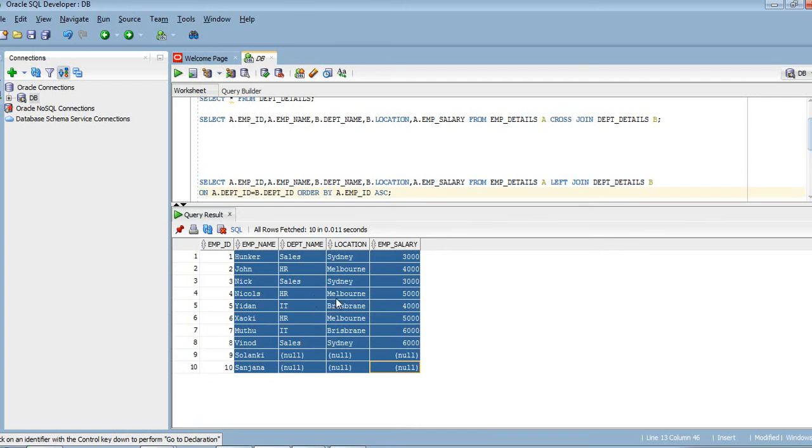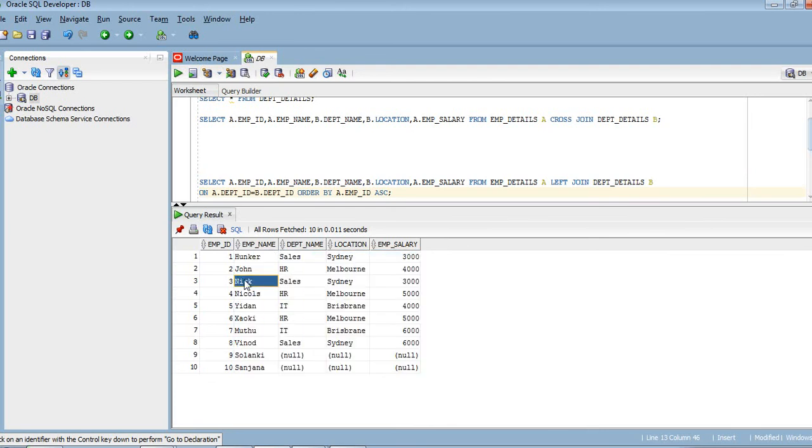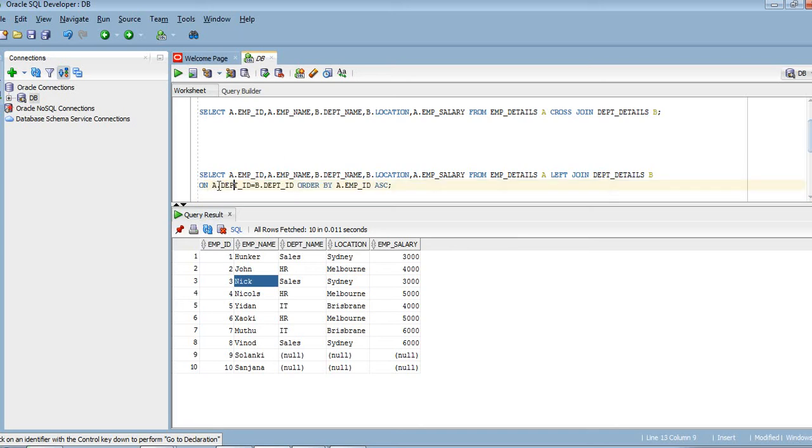So over here, the left join we are performing is based on an ON condition, that the department ID column we are matching between the two tables. Department ID is present in the EMP details as well as in the DEPT details table. This column we are matching from these two tables, and based on that joining condition we are trying to retrieve